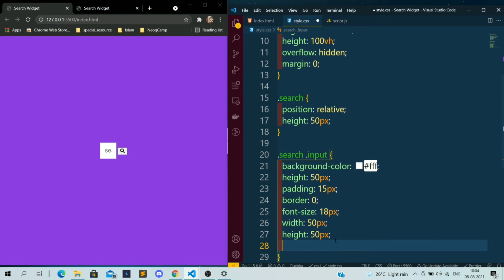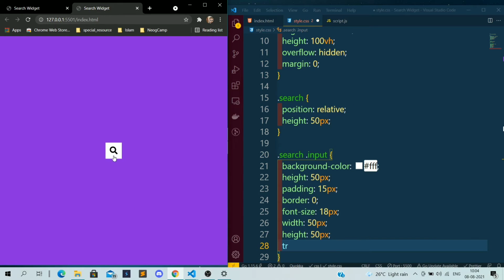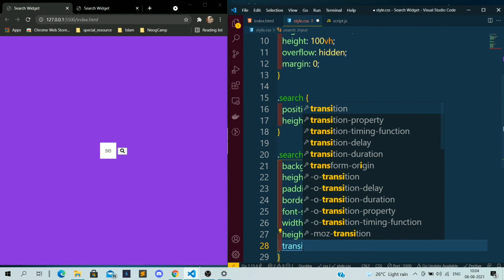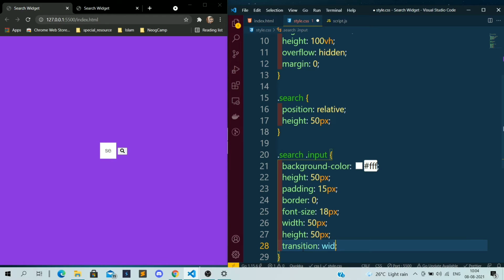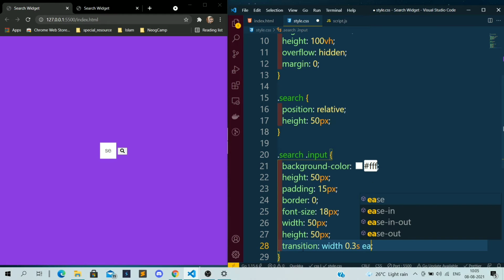Now, since upon clicking the search icon it should expand in a certain transition mode, I want to add some transition in this. So I want this transition on the width of 0.3 seconds in an ease format.